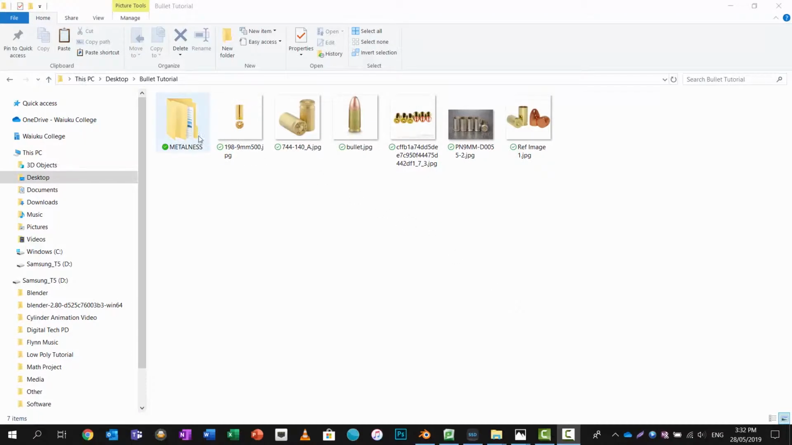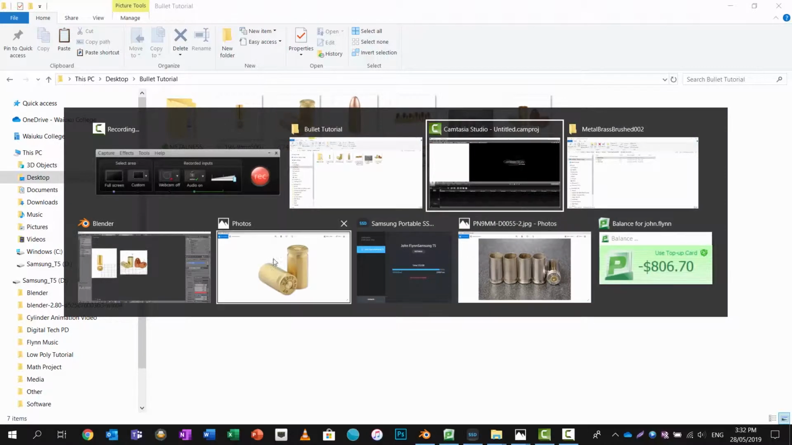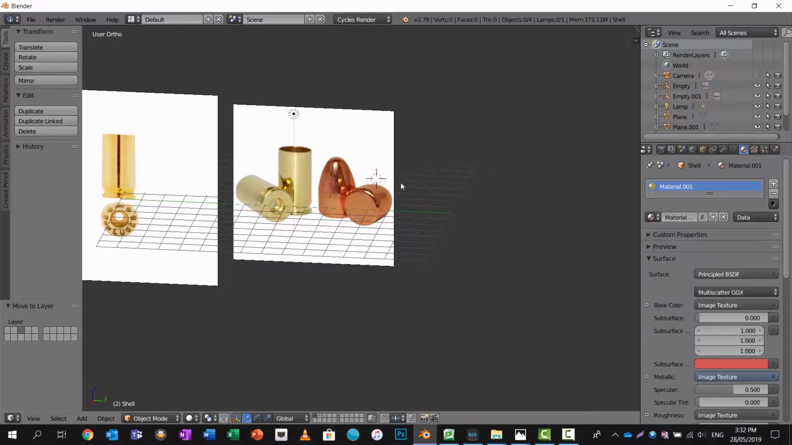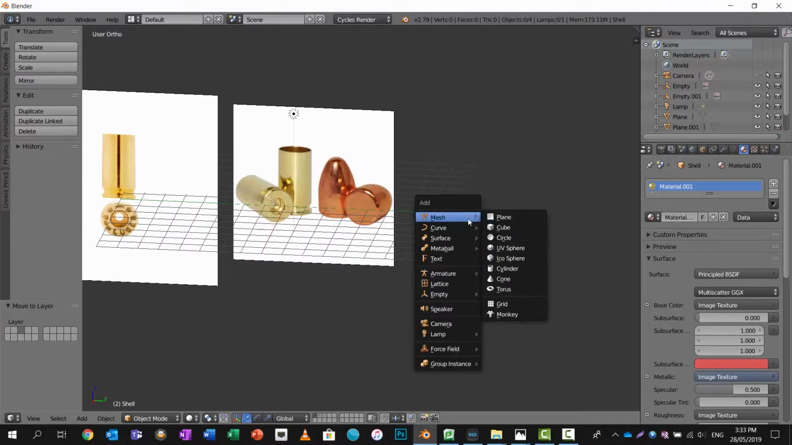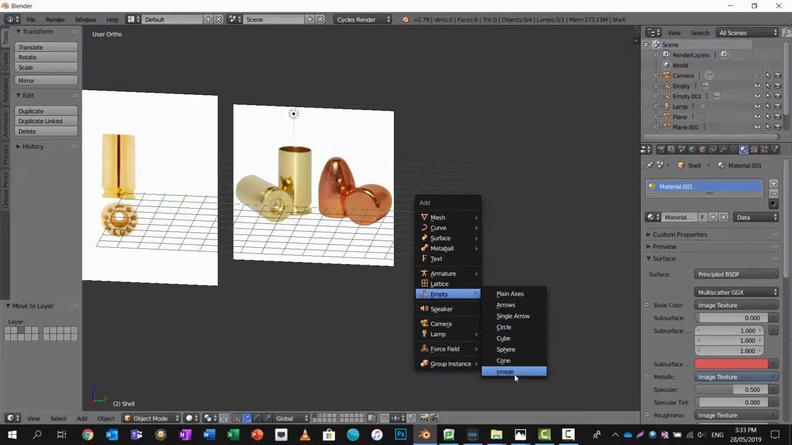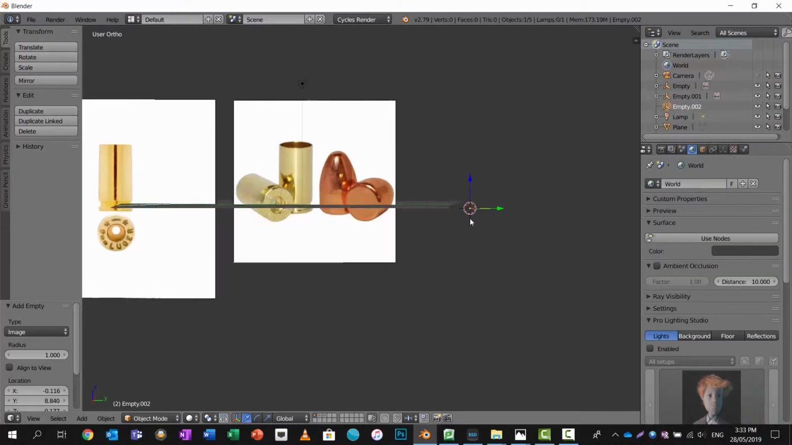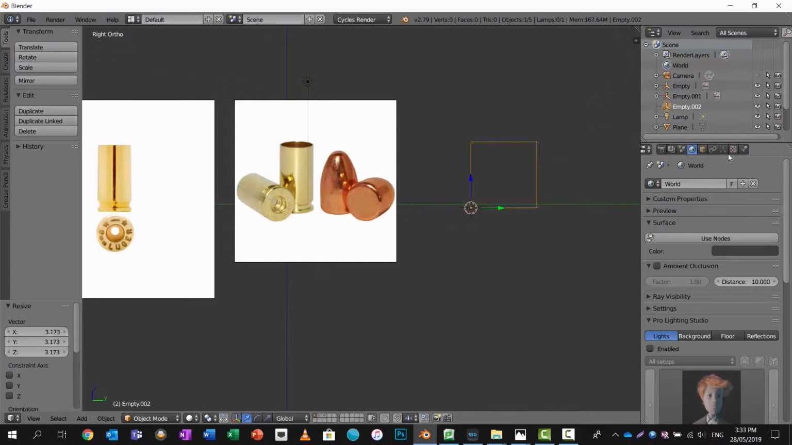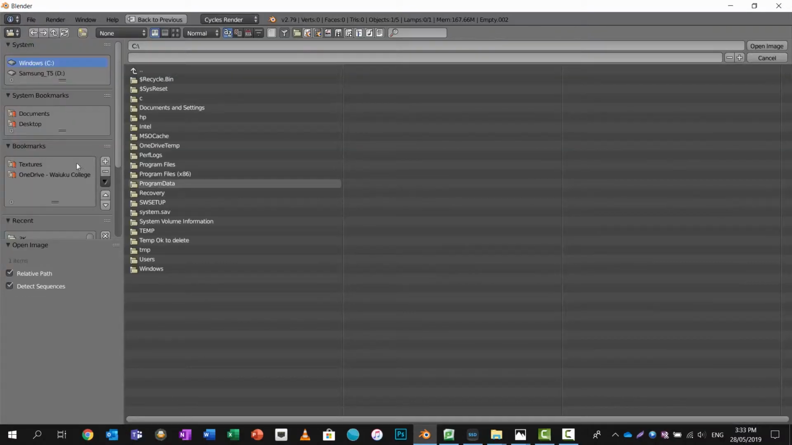So start by getting brass metal and getting some reference pictures, and then I've got a Blender file already open with a couple of reference pictures. I'll put one more in. I'm going to Shift A, add, then I'm going to go to empty, image, and then I'm going to rotate that to view. I'm going to insert that picture that I want,